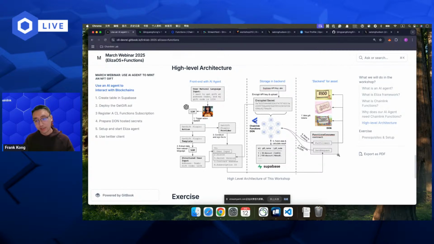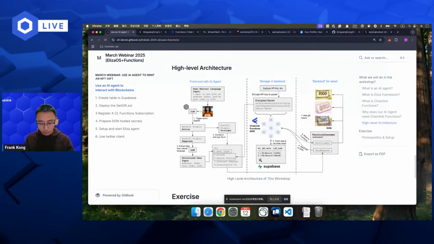The second functionality inherited by this smart contract is Chainlink Functions, because we need to send the Chainlink Functions request from this smart contract. Then the DON will receive the request from the smart contract and do its own job to fetch the data and verify that the data matches the data provided by the end user. If the end user inputs the correct gift code we saved in the table in advance, then the DON will return the result and the new NFT will be minted.